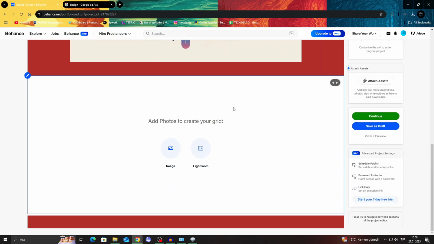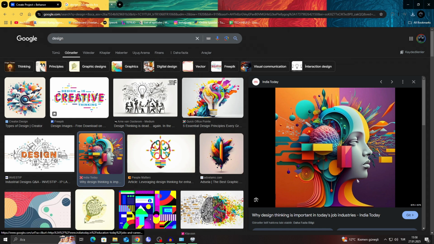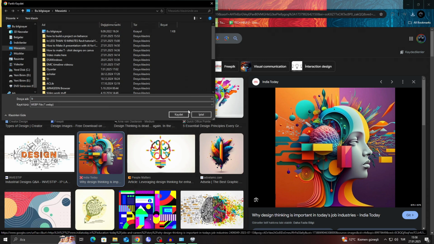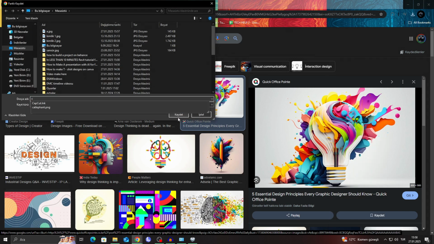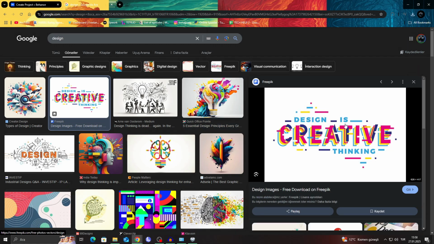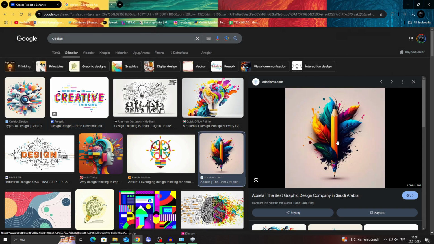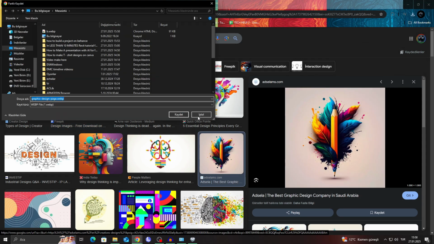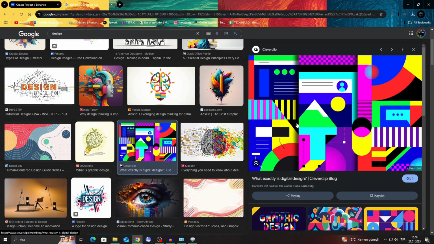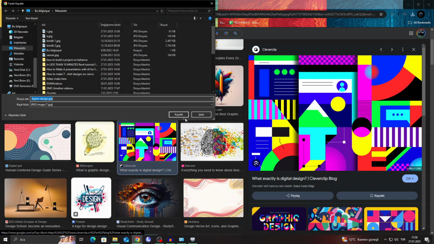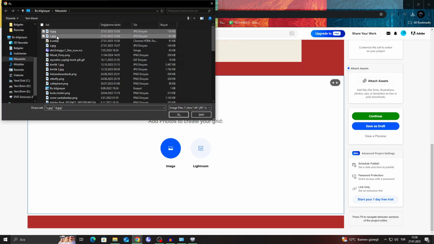I'm going to do a little photo grid here. Add photos to create a grid. That's why we need multiple pictures. So I'm just gonna do something more akin to this. Let's just do this. No, not EVI files. I don't like working with EVI files. I'm just gonna do PNGs and JPEGs. That should be our primary goal, because they are much easier and simpler to use. I'm just gonna do this